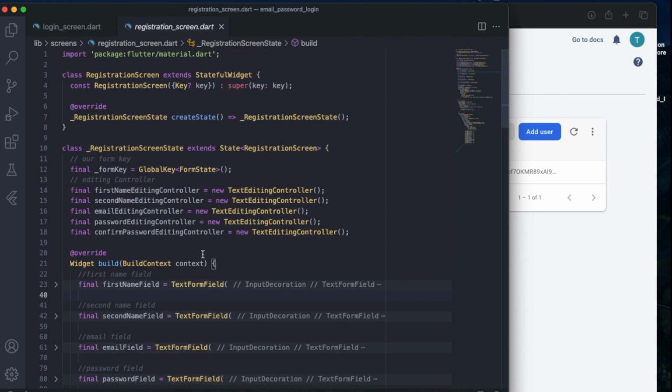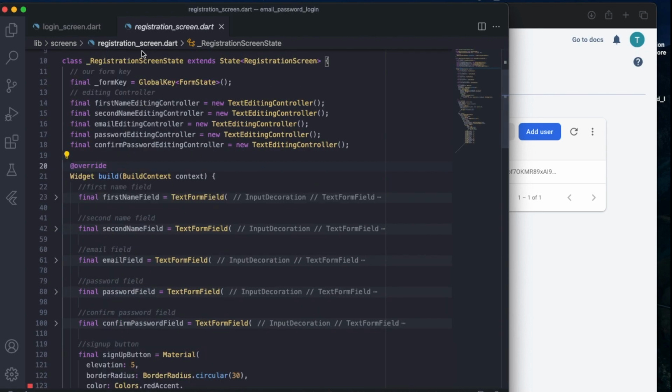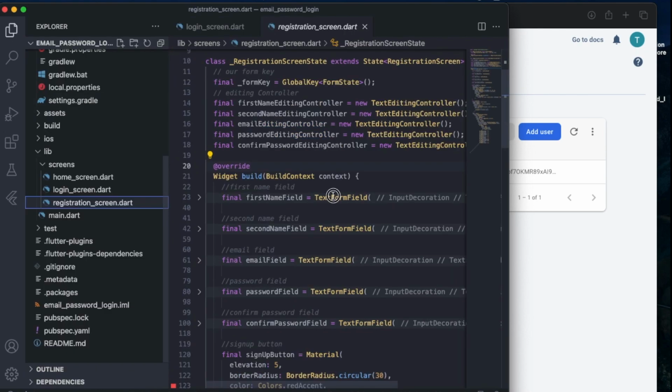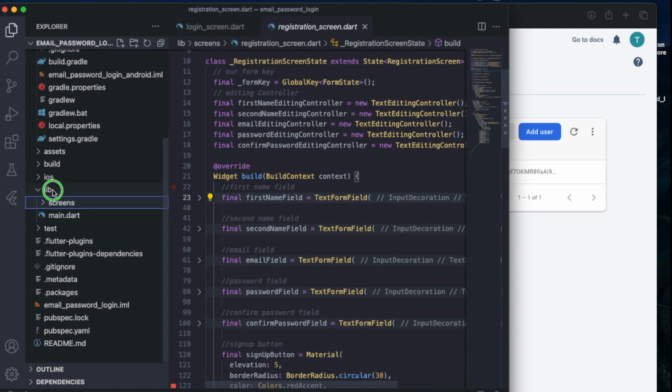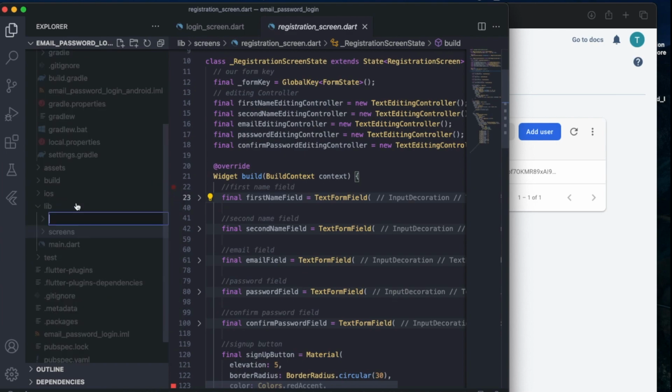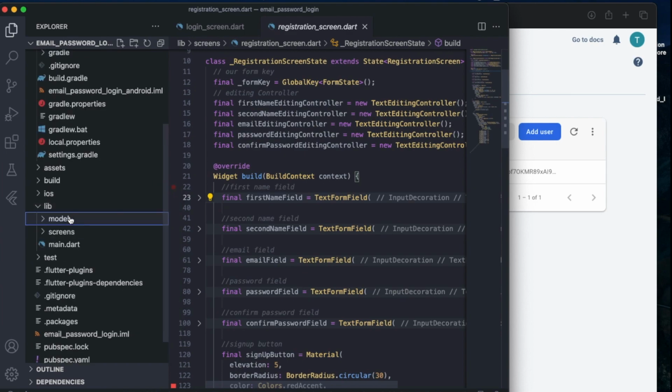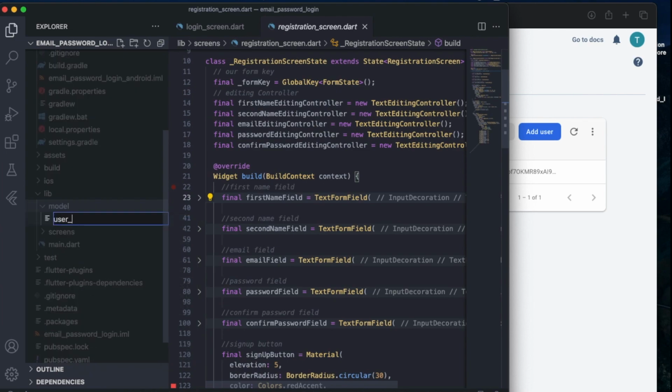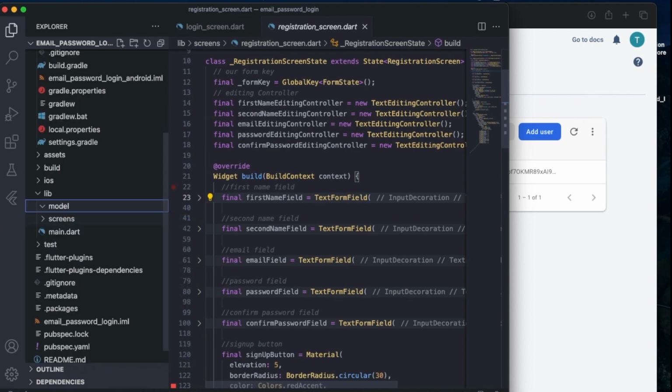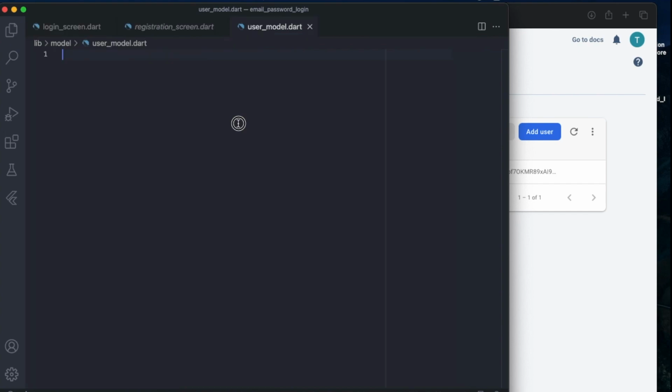So now let's say I'm here on my registration screen. Now we will go to this lib folder and here we will create a new folder and we will write this as model, and here we will have to create our user model. So we will write user_model.dart. So we have to start coding our user model. It will be a class UserModel. This will have some values like